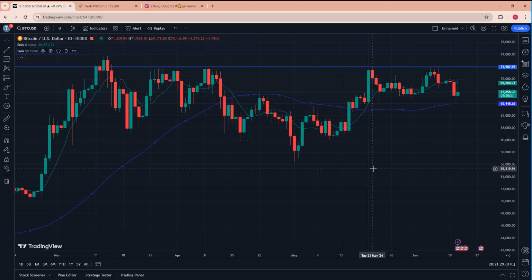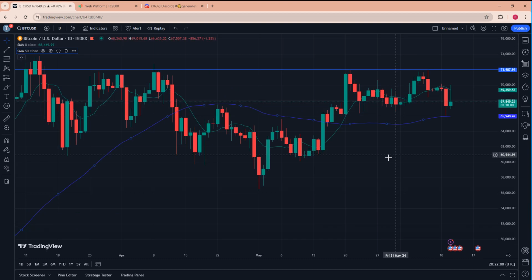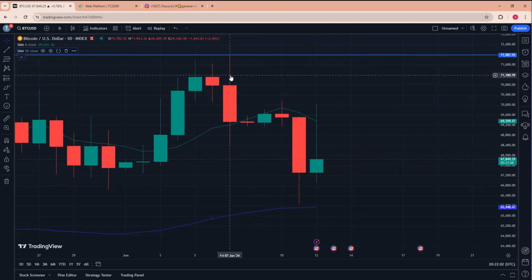All right, so I drew this 71.9 and change resistance, and we basically hit that to the cent. It was wild, right? All I really did was take the top of this candle, the top of this March 11th, right? It wasn't the biggest to the left. This one you can easily see was the biggest to the left. But yeah, this was kind of the biggest and highest one up, right? The easy thing would have been to take this line and call it a day. But that's why I drew that line. And you saw the wick right there, right? We just barely have any change between the wick and my line, right?